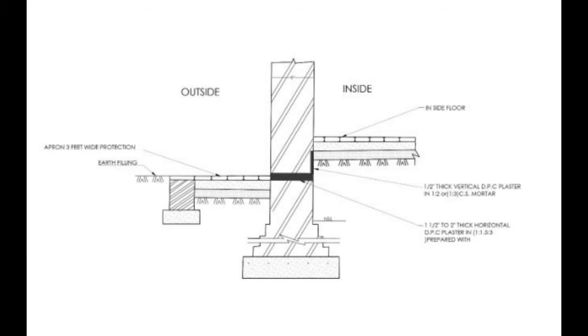Now at plinth level, where is water going to come from? It is going to come in two ways, from the ground as well as from the top part or the walls, right? So the properties of DPC, that is damp proof course, are that it should be impervious, strong and durable, and it should be able to withstand both live load and dead load. So these DPCs use various materials.